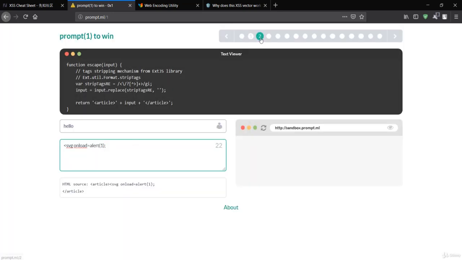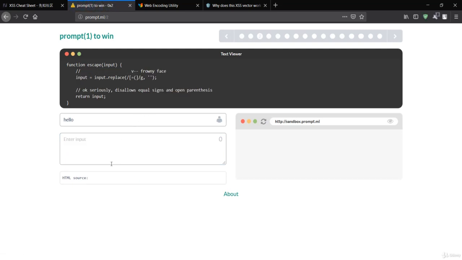Let me go to challenge 2 now, and let me say hello again. The text has been encoded here. Let me run my script. I'll say script, and it is visible over here. If I say alert and 1, and run the script again, you can see that this opening parenthesis has become invisible.